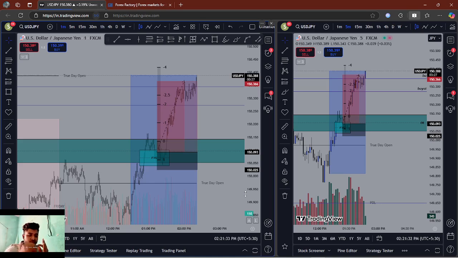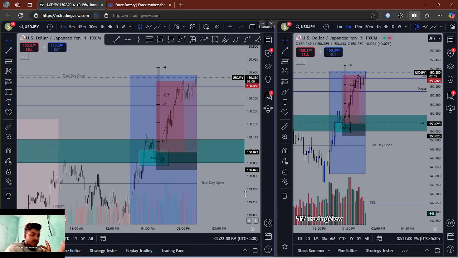come into the market before the lunch session opens, 1 hour ago, 30 minutes ago, and analyze the markets. Which market is looking good to you, making more sense? Analyze that market's higher time frame and try to understand the higher time frame draw on liquidity and the point of interest, and then write down exactly what your thought process is. Like you write down what you are seeing in the market, as I have written down here in